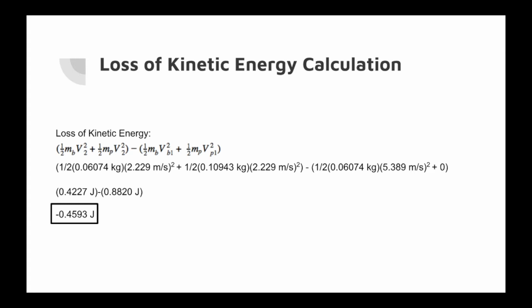Due to the perfect inelasticity of the collision, there was a notable decrease in kinetic energy before and after the collision. Using the mass and velocity of the projectile right before colliding with the pendulum bob, the kinetic energy was calculated as 0.8220 joules. The total kinetic energy of the ball and pendulum moving together immediately after the collision was calculated to be 0.4227 joules. Subtracting the kinetic energy before the collision from the kinetic energy after, the results produced a decrease of 0.4593